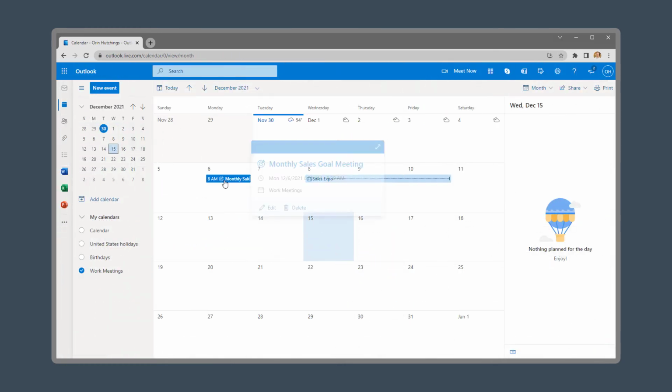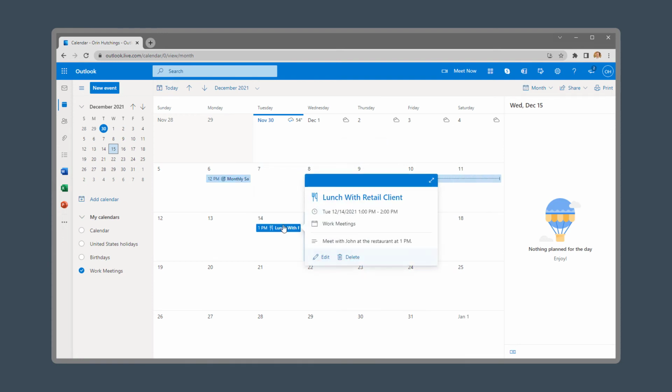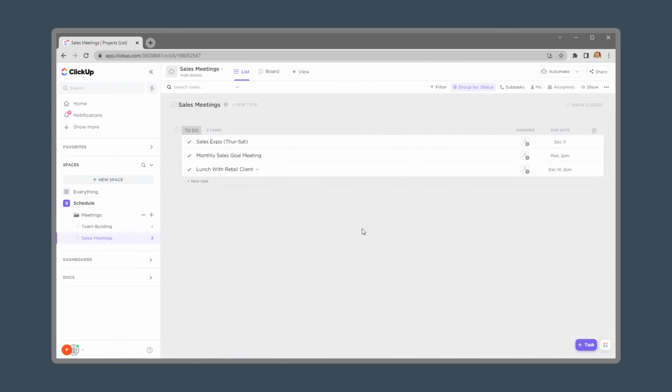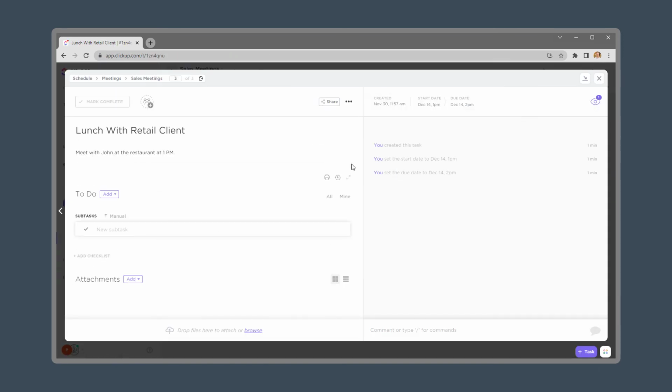I will demonstrate further by both creating and updating events in Outlook Calendar. I will then wait for my bot to check for changes. As you can see here, the new and updated Outlook Calendar events successfully synced over to ClickUp as new and